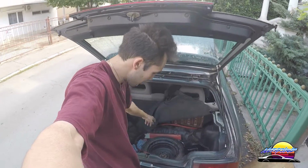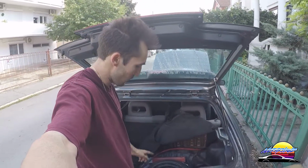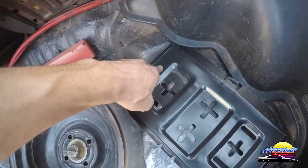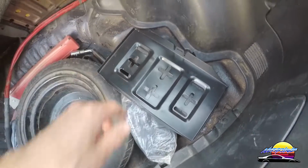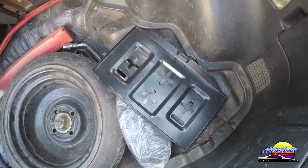Okay, so the issue I'm having, if you saw just before, is that this cable is not long enough with it going across here and there to actually make it into the engine bay. And so what I've decided to do is put the battery tray here. I've had a look at it and I think I can make it by having a bolt here in this corner, and one here as well, and the frame rail goes through the middle, and I should be able to put it in there and still be able to bolt it in, and I think that'll be adequate enough to